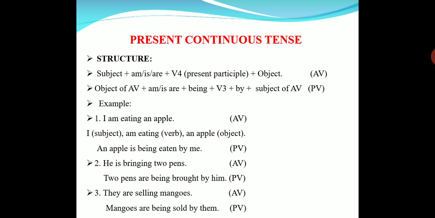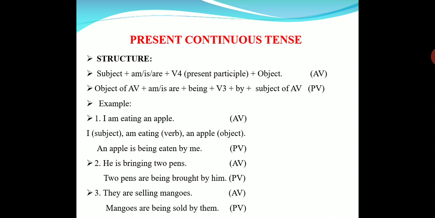In passive voice, what is the first rule? We have to divide it into subject, verb, main verb and object. That's okay. What is the second one? Object becomes subject. So first what comes? Object of active voice plus suitable be form. This is the present form. So present be forms are am, is, are.